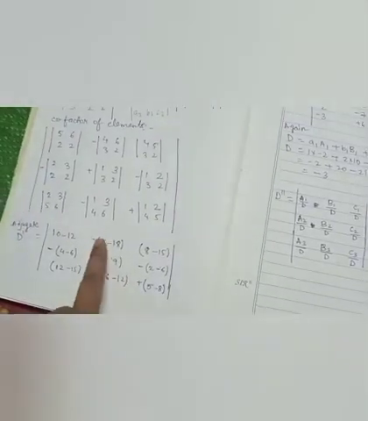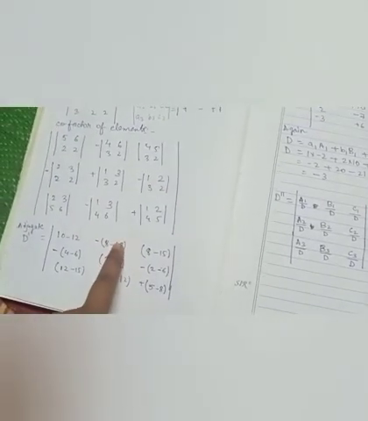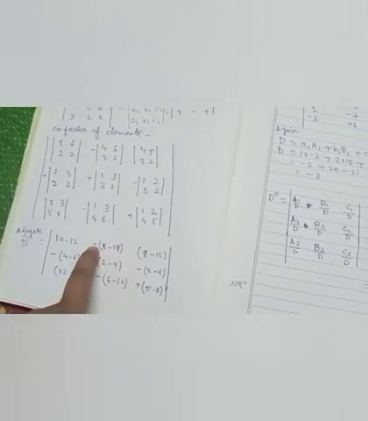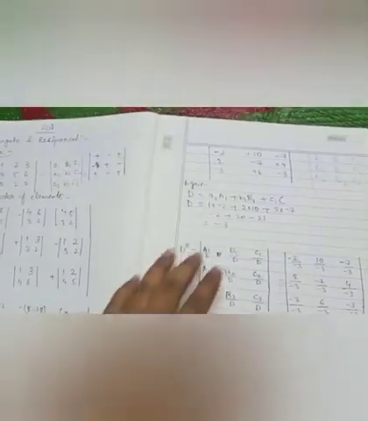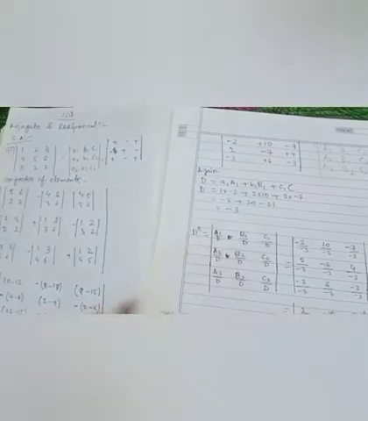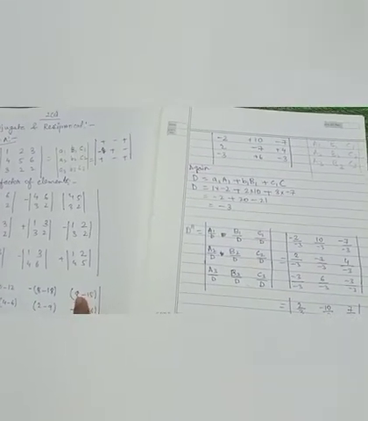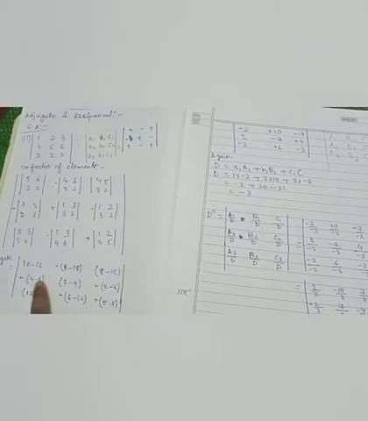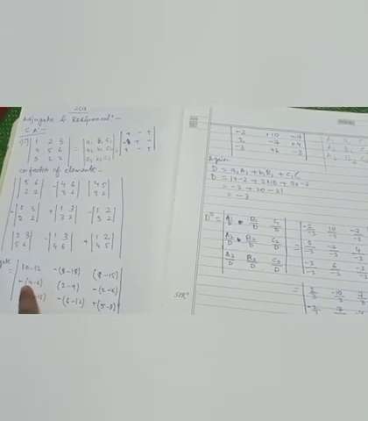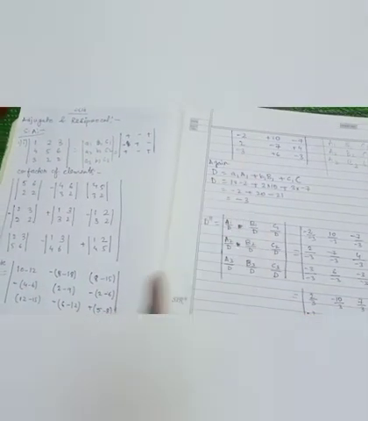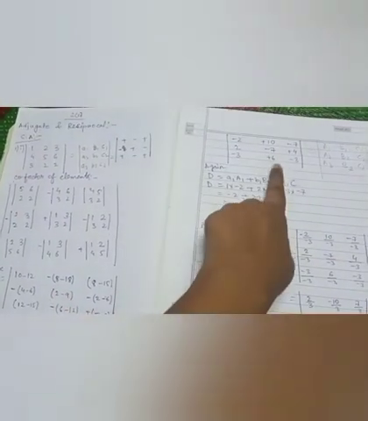Now see this one, when you will subtract this one, you will get minus 10, and since we have minus sign, minus minus will become plus. So I am writing positive 10. Okay, then 15 minus 8, minus 7. So I have written minus 7. Then 6 minus 4 is 2, minus minus plus. So plus 2. Okay, 9 minus 2, minus 7.